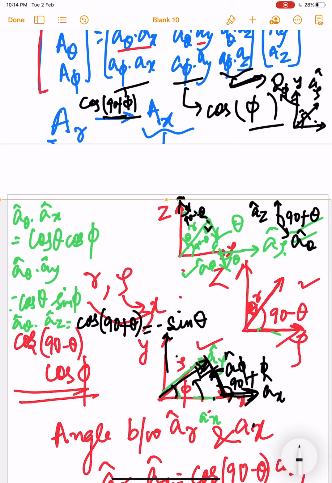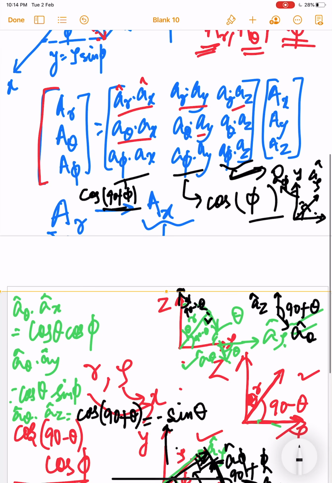I've done this all clumsily, but anyways, I want you all to take out a fair paper, do it properly, and then use this matrix. Try to take out yourself all the angles between these unit vectors, and tell me in the comment section below whether you got it right or not.